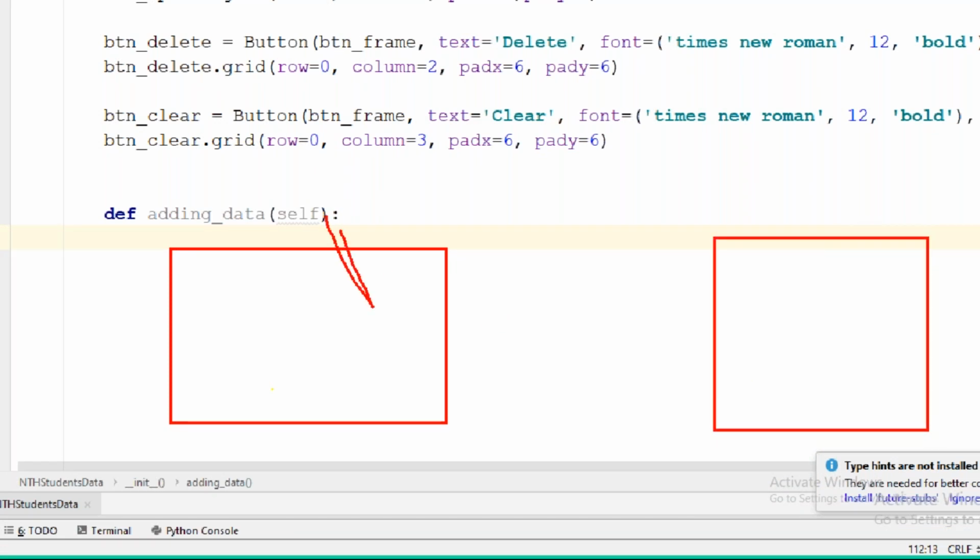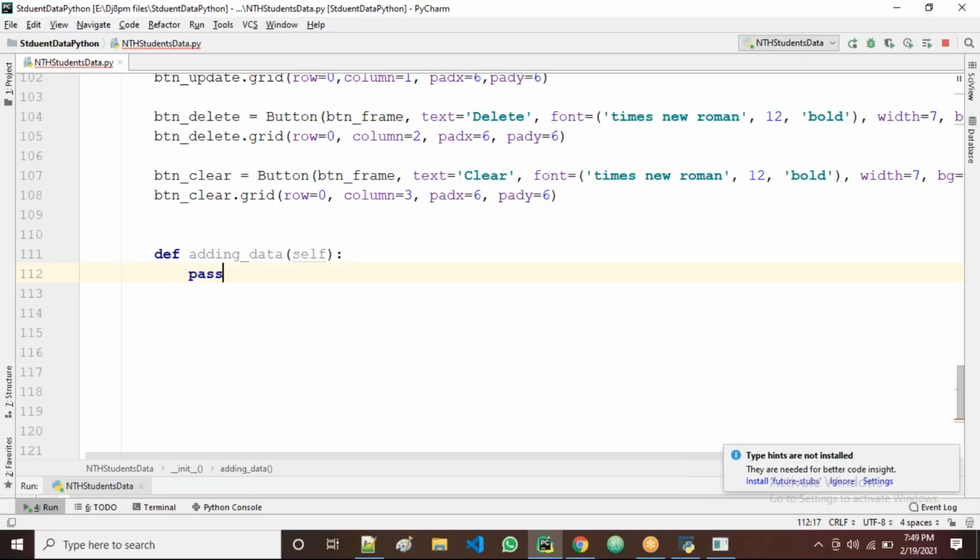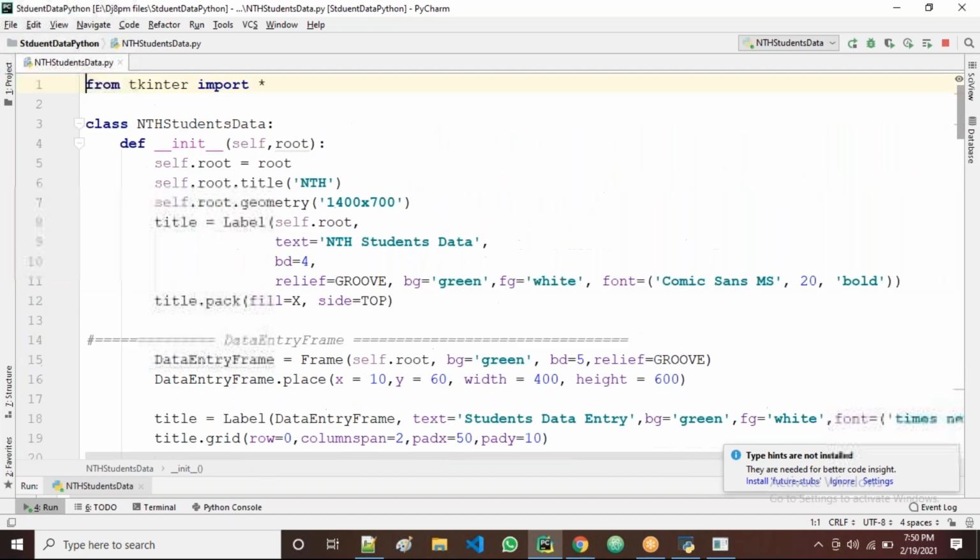Okay, so this is the Python project. This is the MySQL database, right? So guys, if you want to work with this combination, then we need one module here. What is the module name? I hope you know, right? PyMySQL. So that's why what I'm doing here, I go to the top and first of all import that module.